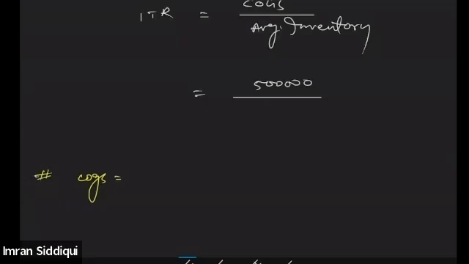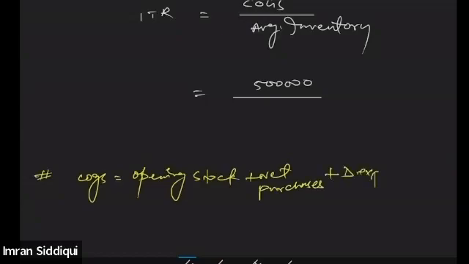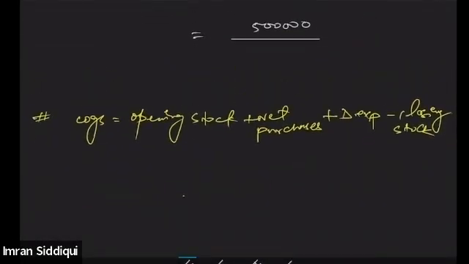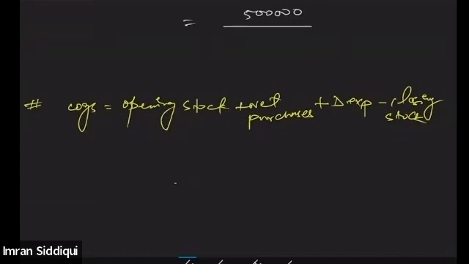Tell me, what is the formula for finding out the cost of goods sold? It's the opening stock, plus net purchases, plus direct expenses, minus closing stock. So whatever is given in the question, we can put it here and find out the balancing value as the value